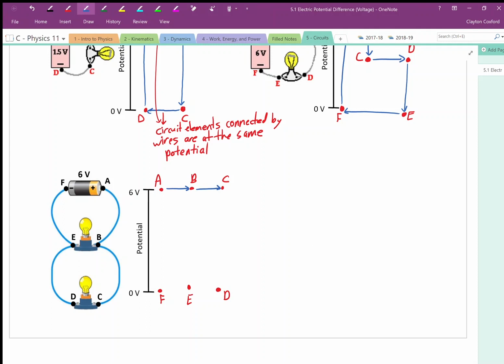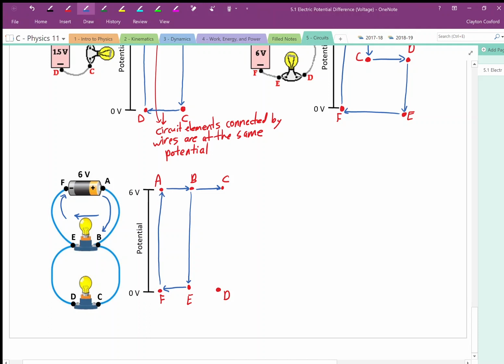And so let's think about a charge flowing from location A to location B, then dropping through the light bulb, and then flowing back to the negative terminal of the battery. So from A to B, dropping all the way to 0 volts to location E, going back to the battery, and then the battery is going to charge it back up, and it's going to be able to flow through there again,